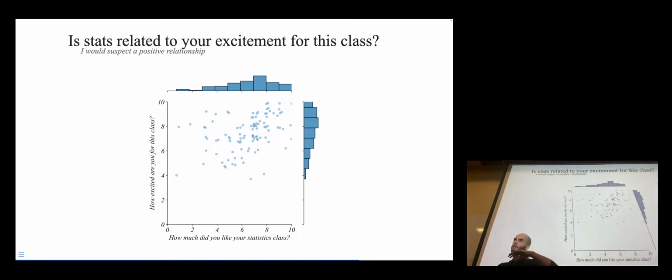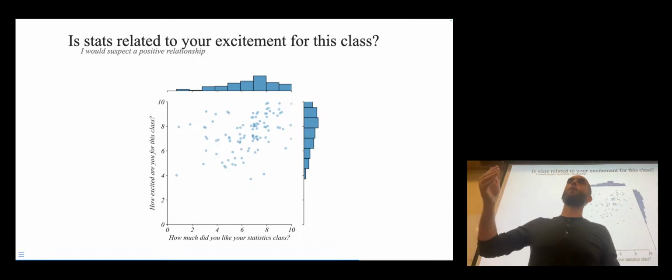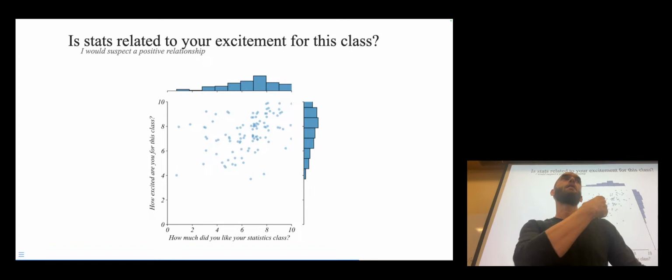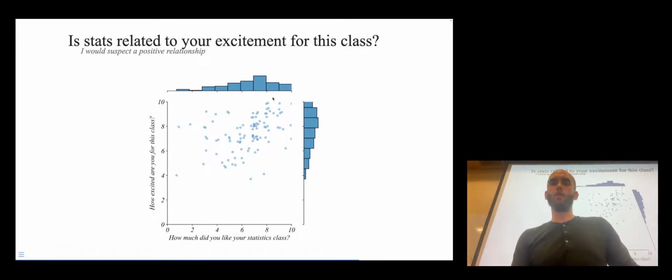If you liked your statistics class, which is maybe the closest previous class to what we're doing in this class, you would come in with maybe a little bit more excitement for what we're doing in this class. And the data is noisy, and as you'll see as we go through the semester, often the data sets we work with can be pretty noisy. So there isn't a very clear trend. But you can see that there's potentially a positive relationship. A lot of the density in the scatter plot happens right around here, although there are outliers on both sides,